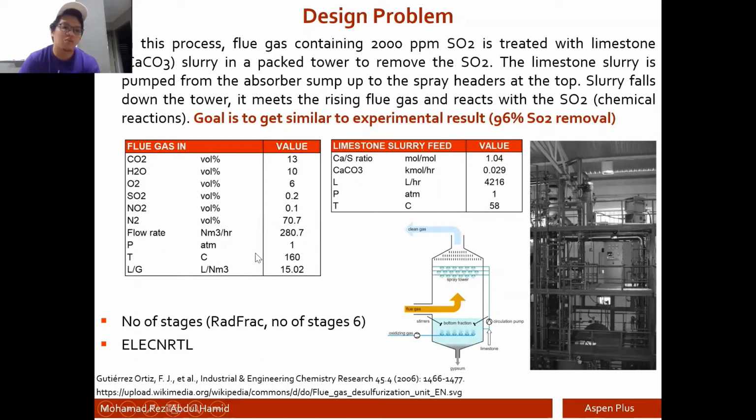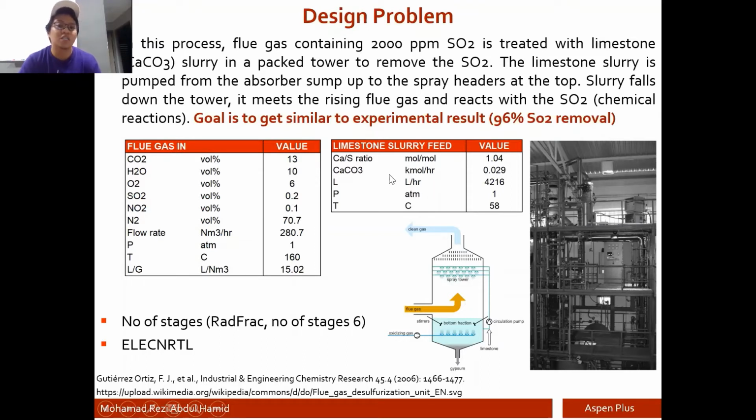The pressure is around 1 atmosphere, temperature 160 degrees Celsius. L over G is just a ratio between the limestone slurry feed over the volumetric flow rate of the incoming flue gas. And then on the next table, we have the condition for the limestone slurry feed, where we have a calcium over sulfur element ratio around 1.04 mole per mole, and then by doing some calculation,